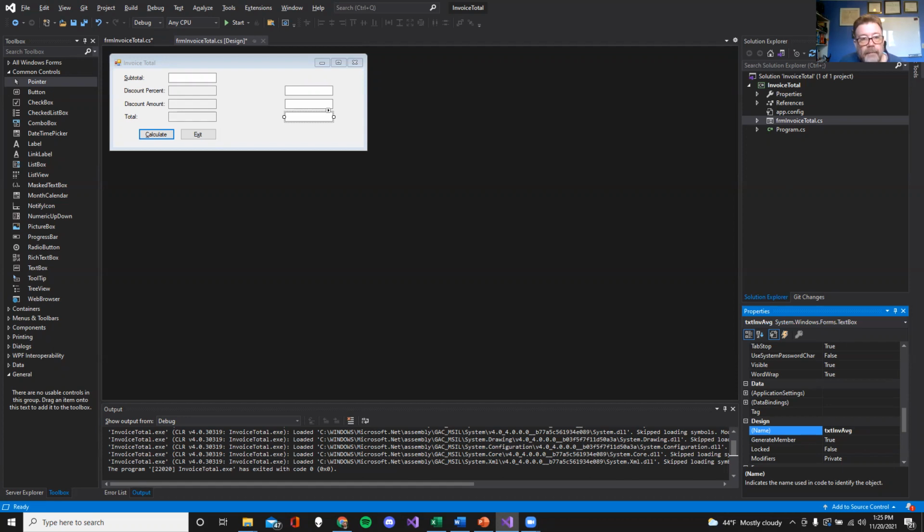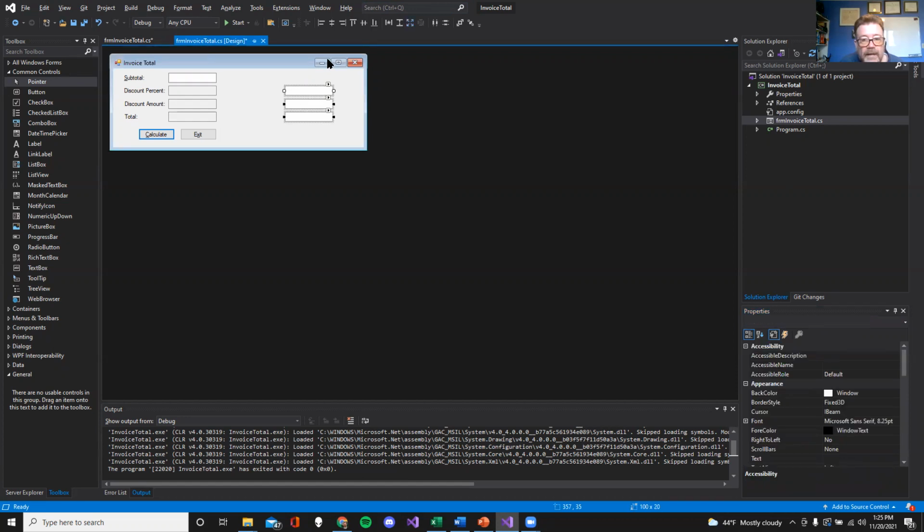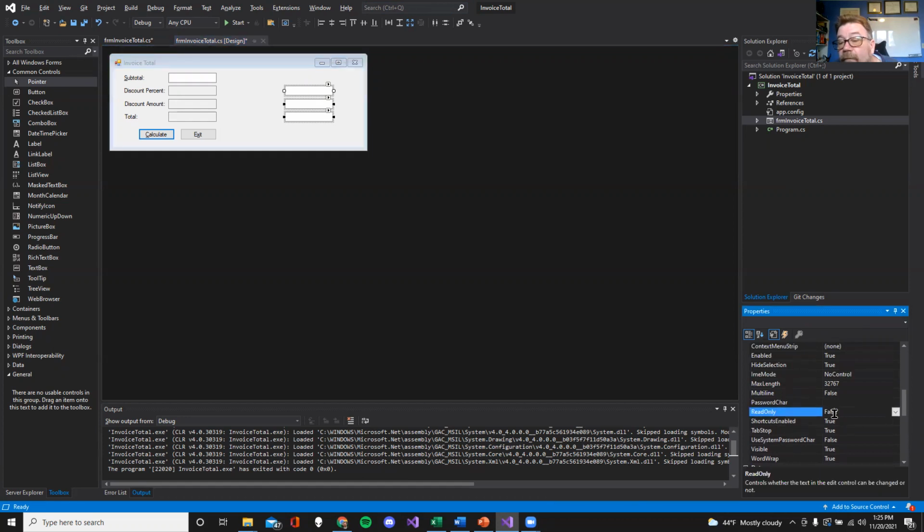Now all three of them are going to have that display feature. So let's see if I can remember what that one was. No, I cannot remember what that one was. Oh my goodness, I might have to go back and look. Read only. Read only. So I'm going to change that read only to being